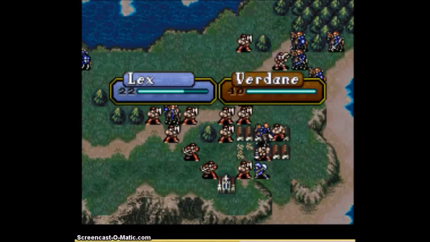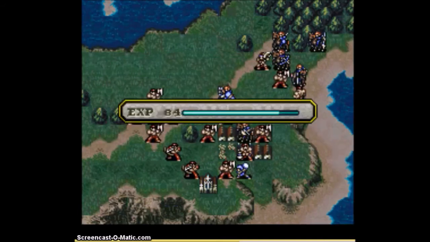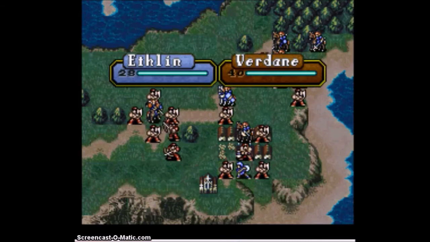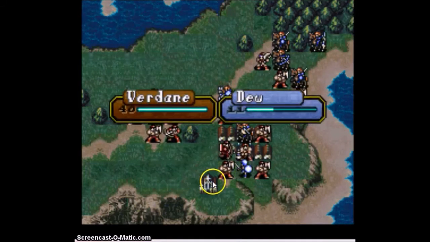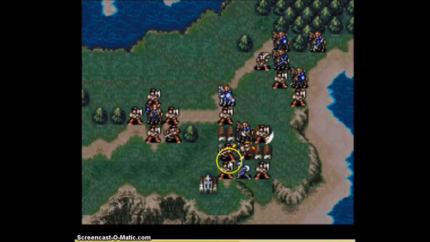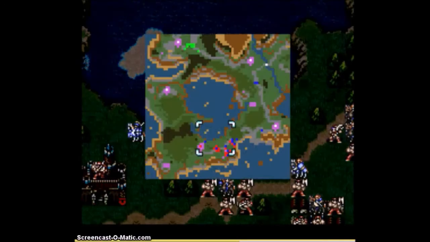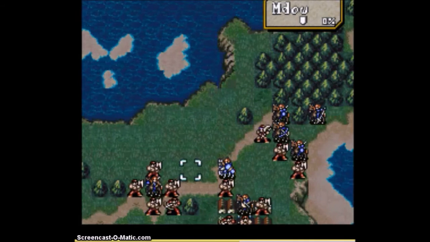So here is Ethlyn getting attacked by almost everything, and being completely fine because the AI shouldn't be attacking her, it's just stupid that way. Meaning that even though Lex definitely could have been killed there, he wasn't. Which is good. Not that